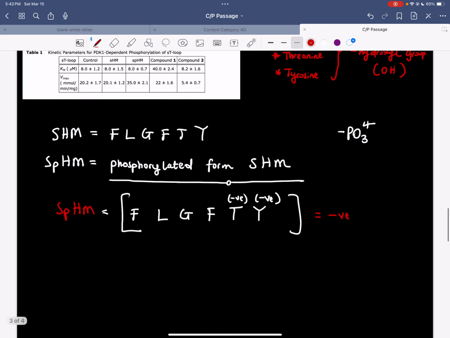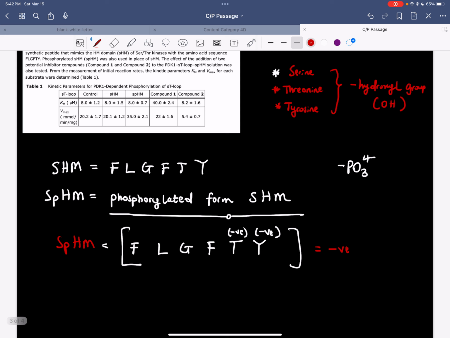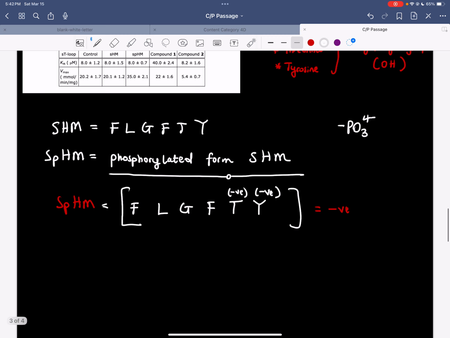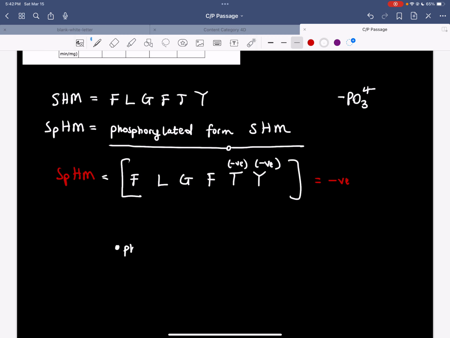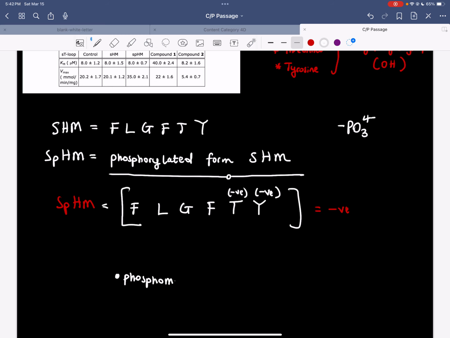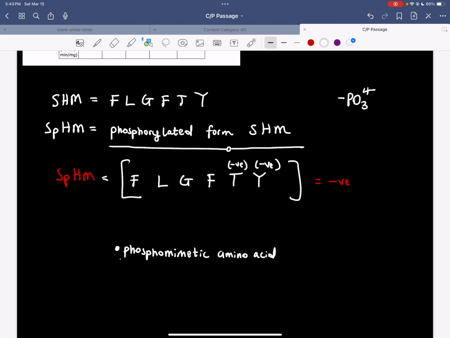Like I was saying, you need to have a very strong command of the amino acids. Once you do, you are able to know that there's something called the phosphomimetic amino acid. For this question, I didn't even have to go through all this. All I needed to do was look for the phosphomimetic amino acid, which is an amino acid that has the same effect as a phosphorylated amino acid. There are only two phosphomimetic amino acids. Those two amino acids are glutamic acid